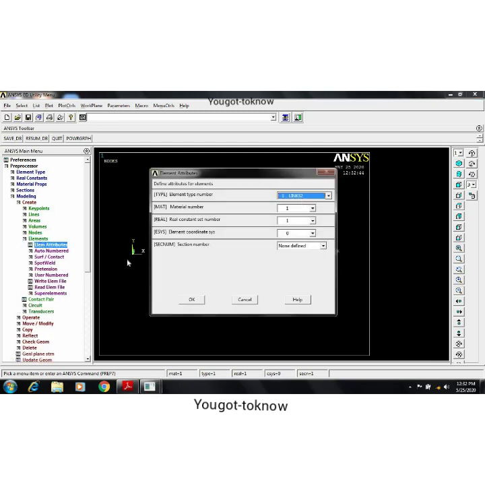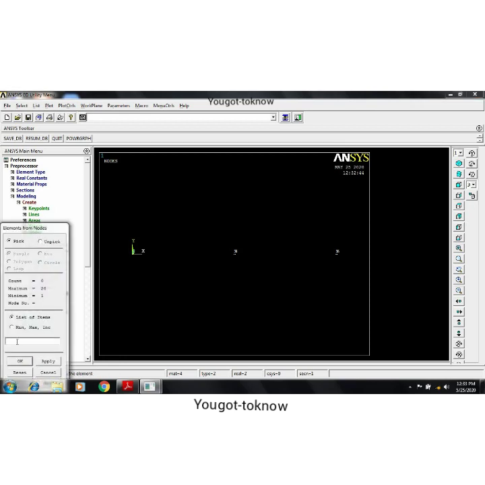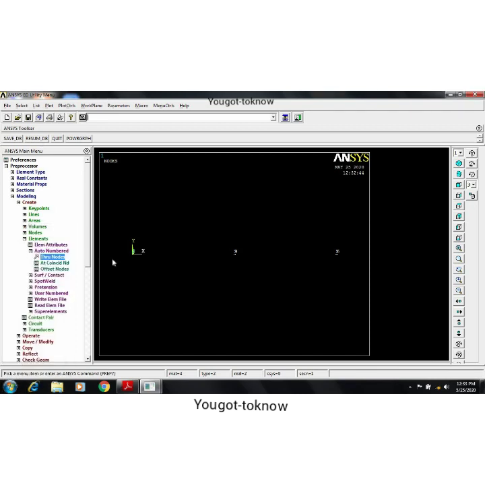Now first element is between 1 and 2. If you want to create an element between 1 and 2, you have to see what is the mode of heat transfer. Mode of heat transfer is convection. Now how to change it to convection? Now change this to convection, select link 34. Then material property required is your 4, because you have to give convection property. Then set value is 2. Now click it thus, give OK. Now go to auto numbered through nodes. Now in this small box, you can type 1, 2, give OK. Now element is created between 1 and 2.